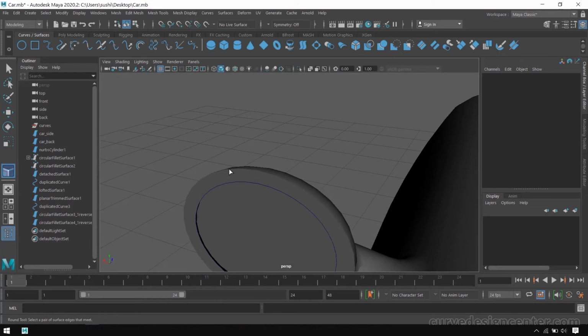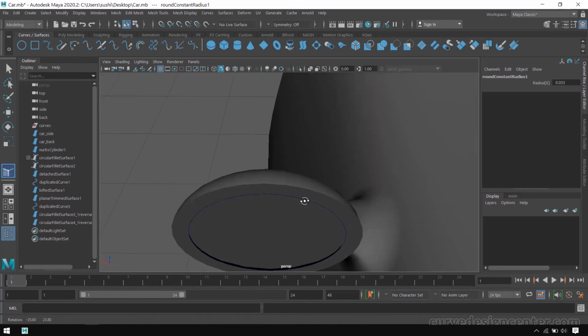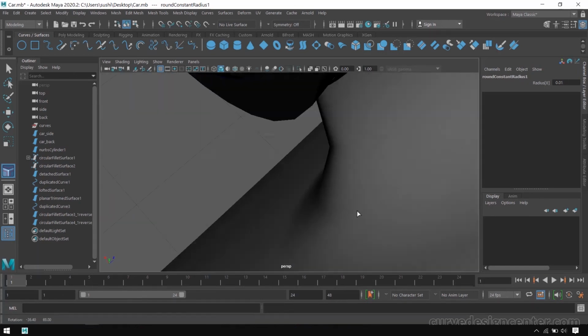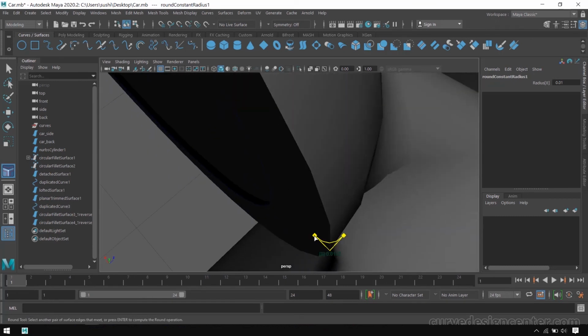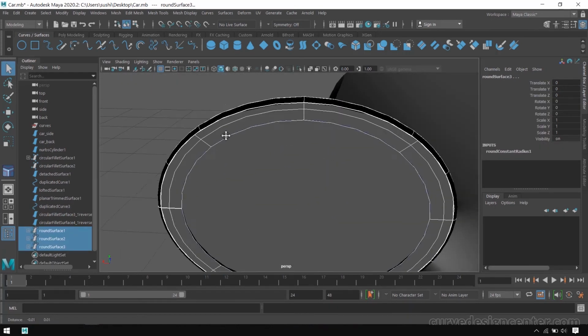First select this edge. When you click and drag on this, if this yellow icon starts showing on the edge, it means the tool is applied. First I reduce the fillet size around this. I think it's perfect, or reduce a little bit more and then hit enter. So that smoothness will apply around the edge.